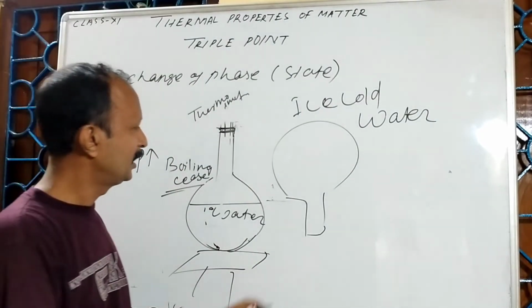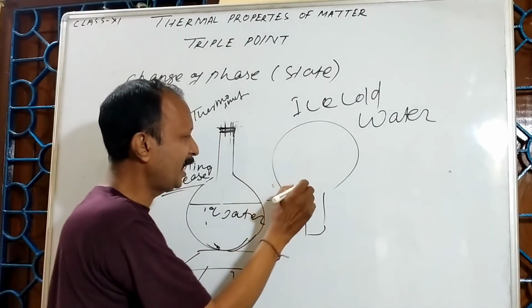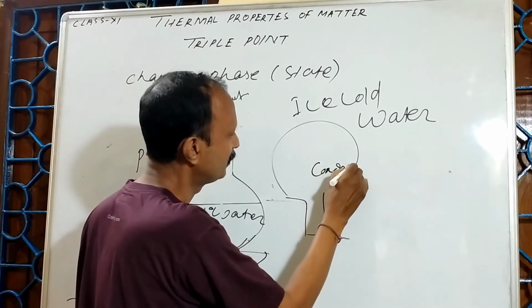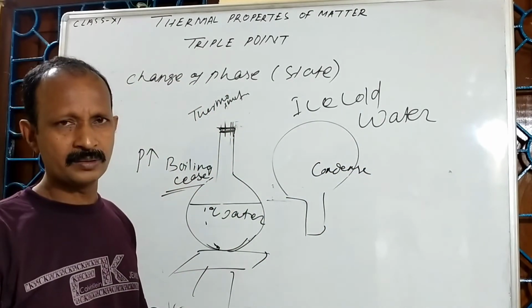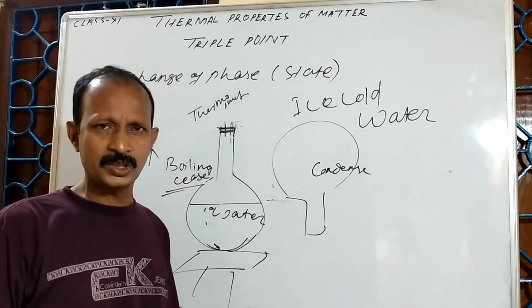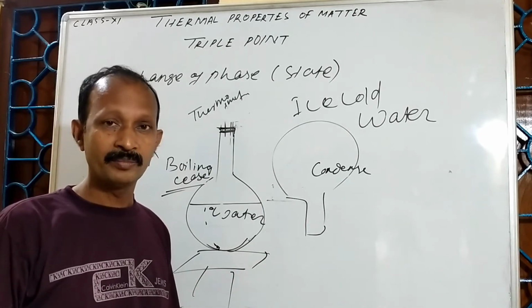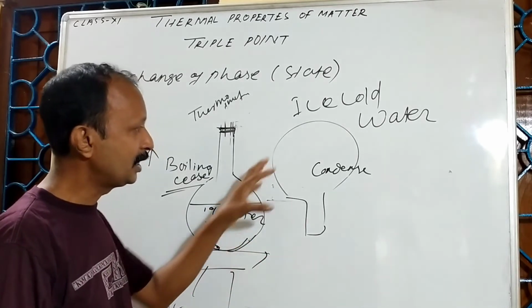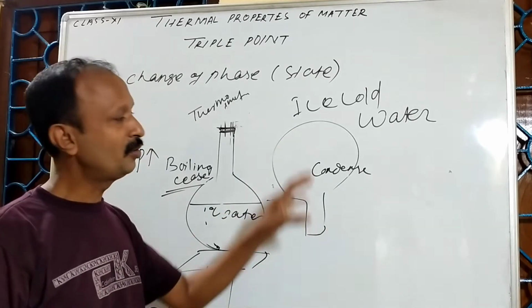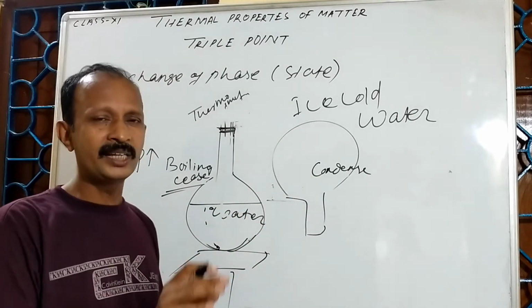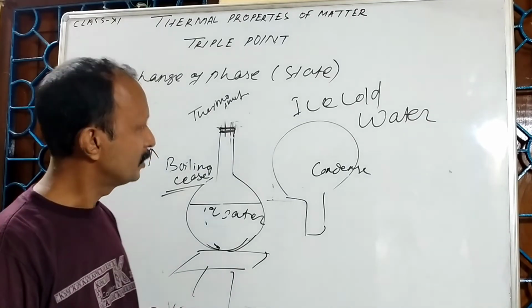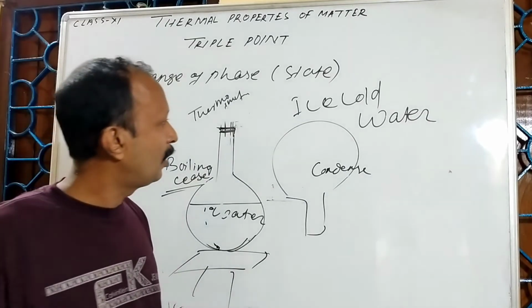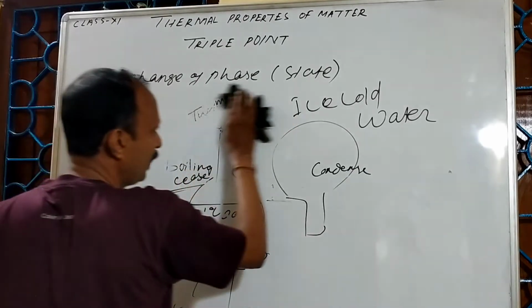What will happen? The vapor which is inside that will condense. It will condense, so the volume will decrease. That means the pressure will decrease. Okay? That time pressure increased. Now pressure decreased. When pressure decreases, again the water starts boiling. So this is the matter regarding the boiling and melting.